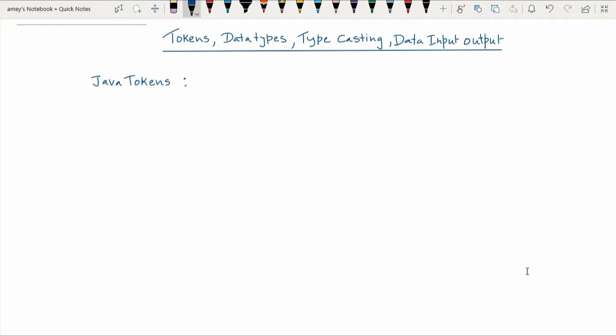Now, what are tokens? Tokens are the smallest possible elements in a Java program. Now, in Java, there are different tokens. You have reserved words, or we also call them keywords. Then you have identifiers, or sometimes you also call them variables.